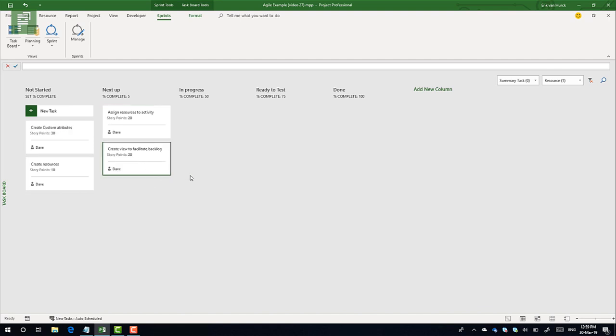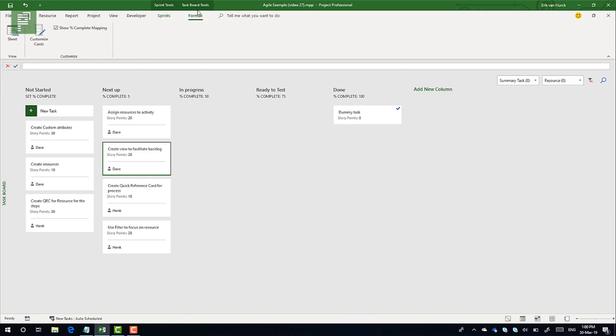So there we go. That brings us to the third feature that I would like to share with you, and that is an improvement on the card base. And the card base that is improved is related to what is shown on the cards. Now, story points wasn't there originally. Originally, you would have the task name and you would have the resources here, and that would be it. But now you have an added value with the task board tools,